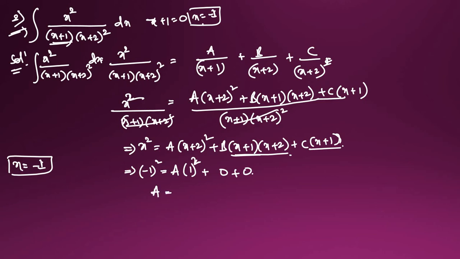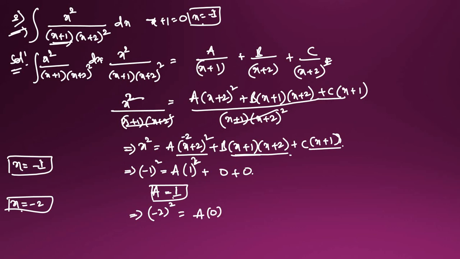So A is equal to what we get here, 1 we will get. And another thing we have: if x is equal to, I will take -2, okay, -2, that will become 4, (-2)² is equal to, in this one it will become 0. So A into -2 substituted, -2 + 2 equals 0 here. So this is also going to become 0, plus C is equal to, -2, I will substitute it in this one,